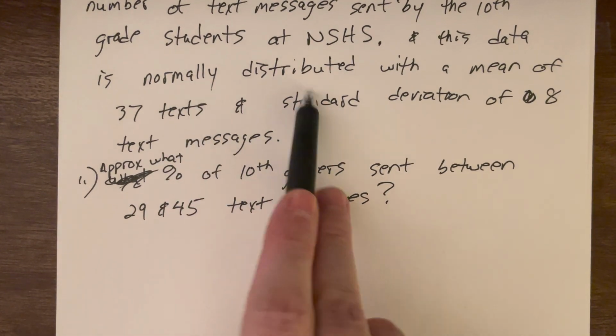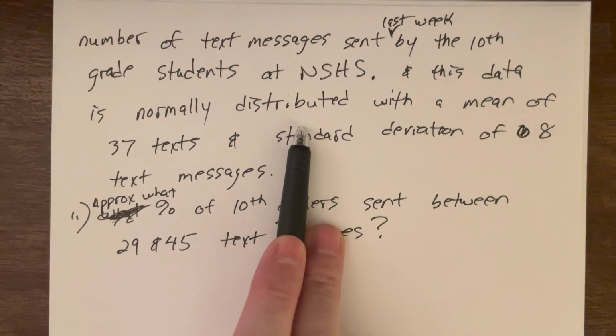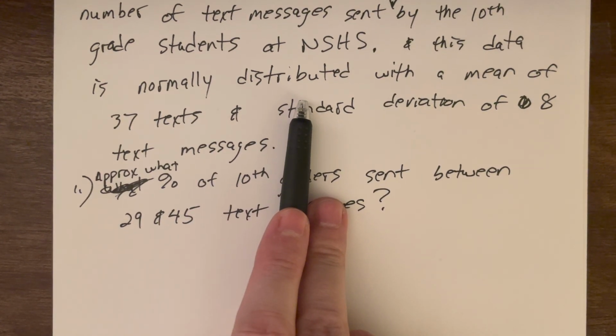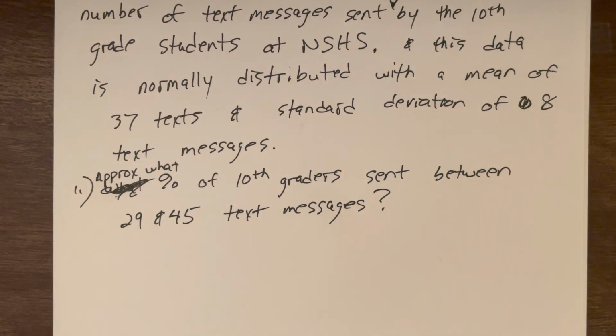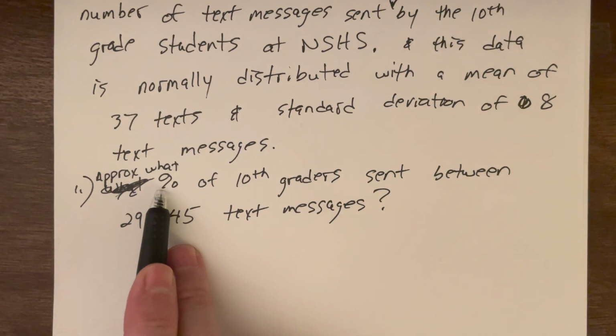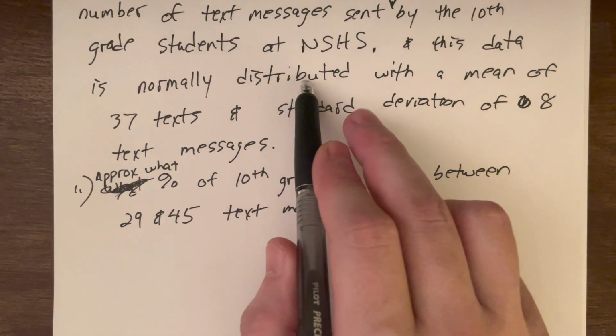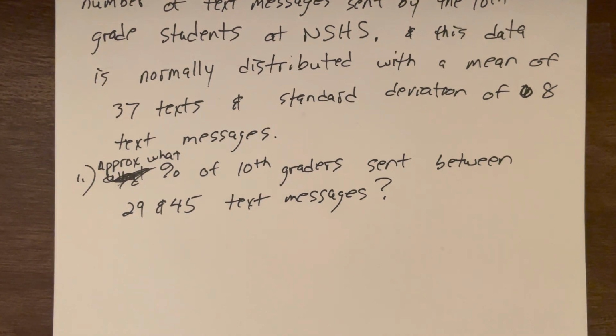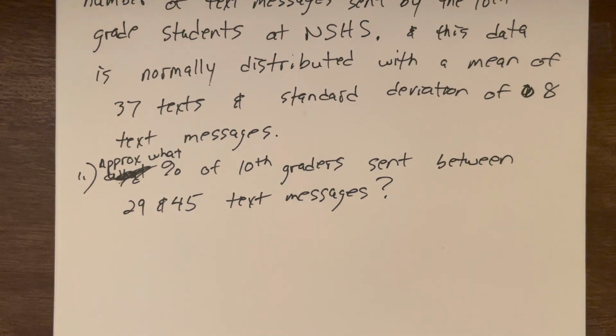You see the normally distributed. Like I was saying a minute ago, that's such a big clue. At this stage in the game, that's almost a guarantee that you're being asked something about the empirical rule. It's not the only possibility, but it's a very strong possibility. What makes it even more clear is the percentage question. You're being asked about a percentage and you're given normally distributed. That's got to be such a clear sign that that's asking you to use the empirical rule.